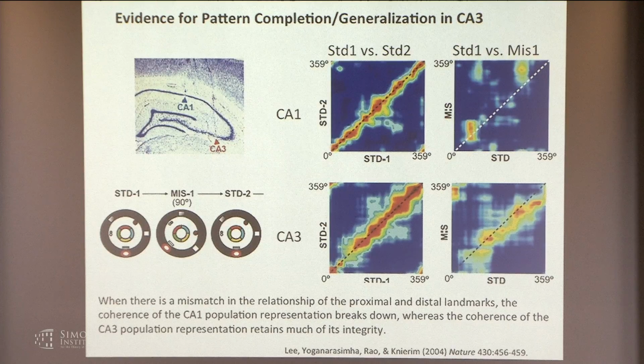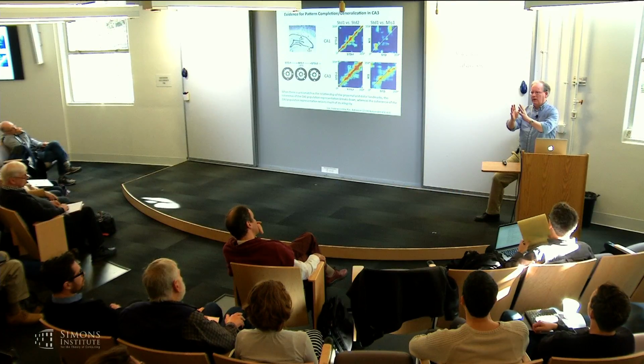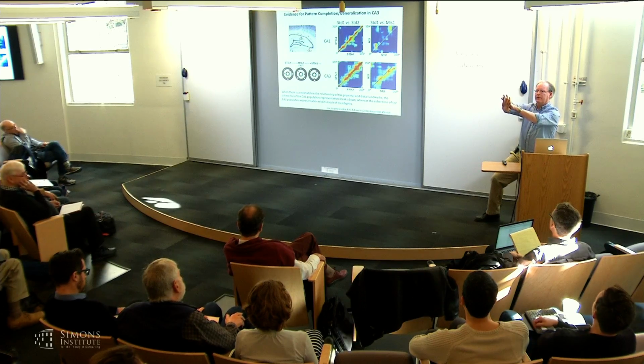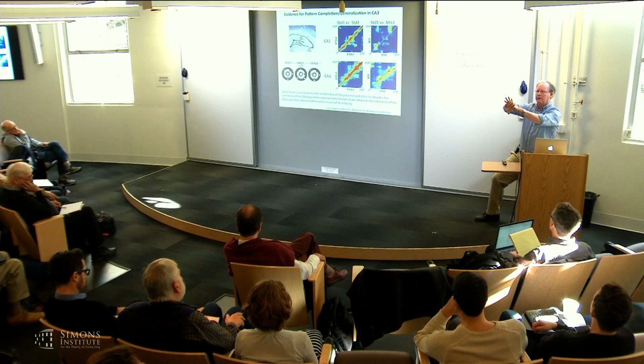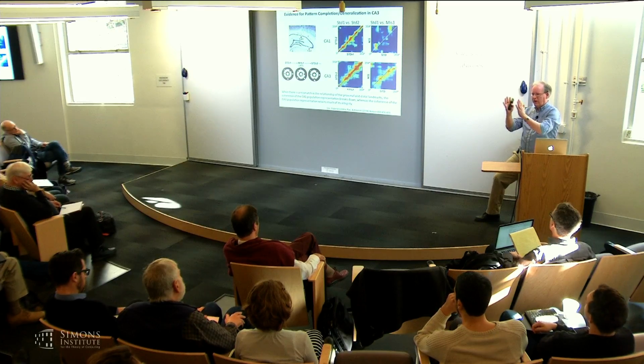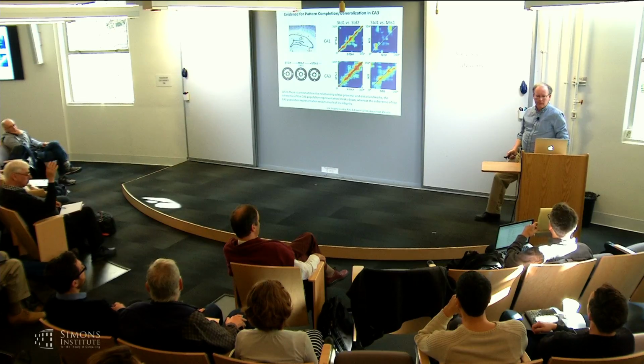The band on the diagonal in CA3 for standard 1, standard 2 is broader than that for CA1. Yes. Is it like that if you go standard 1, standard 2 without the mismatch? It would be. The reason for this is that the place fields in CA3 tend to be a little bit larger than in CA1. So when you do these correlations, because each field is a little larger, it takes longer as you rotate them before the correlations go down to 0. But it doesn't broaden because of the mismatch? No, it's just a property of the place fields themselves.